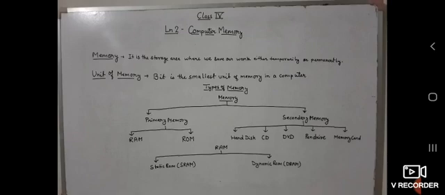Now dynamic RAM, DRAM. Dynamic RAM is a type of RAM that stores data for only a very short time while the system is turned on. Even though the system is turned on, it can store data for a very short time, and it is cheaper than static RAM, it consumes less power, and it is most commonly used as RAM. It means static RAM stores data as long as the system is turned on.